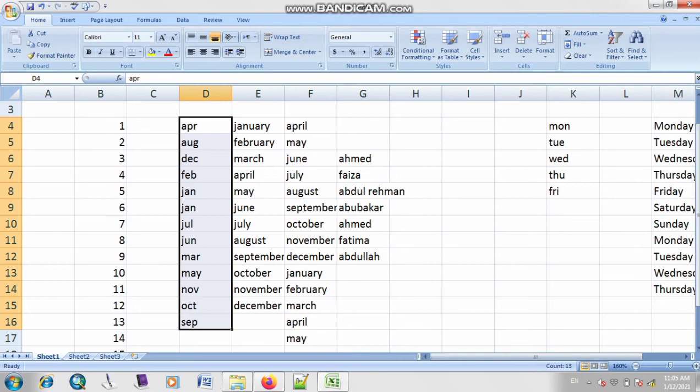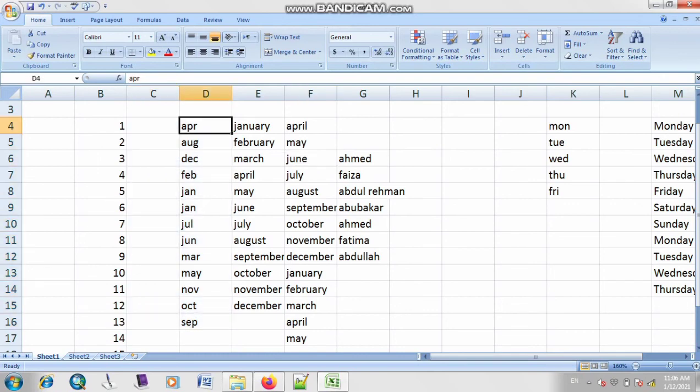Now what is ascending order? Abdullah, you have to tell me what is ascending order. Aisha, can you tell me what is ascending order? It is very easy and very simple. Right, ascending order is basically used if you want to arrange your values alphabetically, like A to Z. And what is descending order, Aisha? So descending order is basically if you want to arrange your values Z to A, like downward. So right now I have changed into ascending order, so all my values are converted into ascending order.